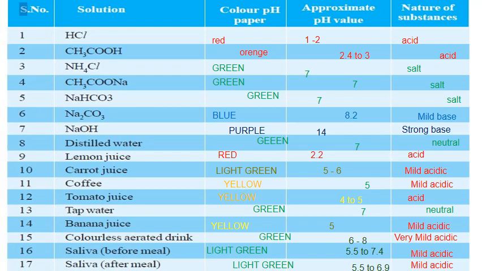It is an acid or base. The salt you can also measure, and its pH is nearly equal to 7. These are all salts. Suppose you are taking sodium CH3COO, sodium acetate. It is a salt and its pH paper will give you a green color, the pH is 7, and the nature of the substance is salt. Like that, observe the table and learn.